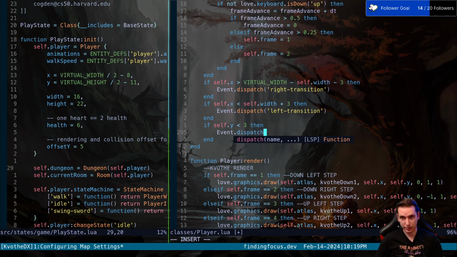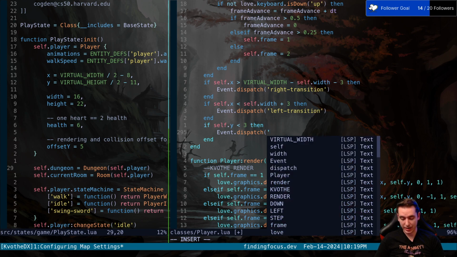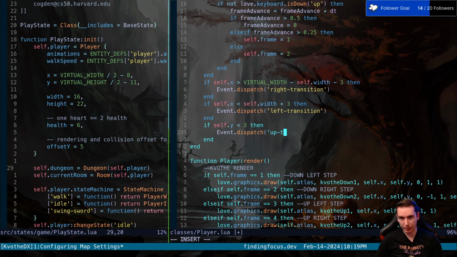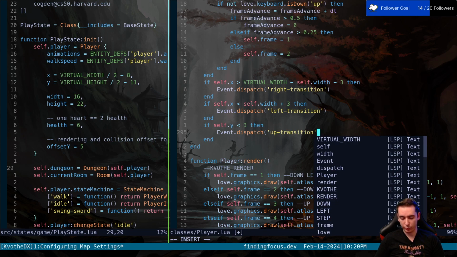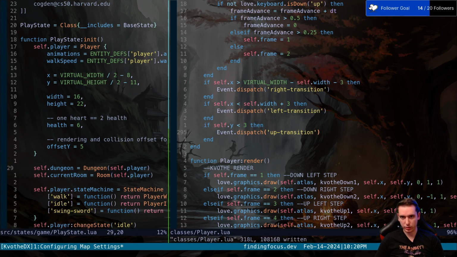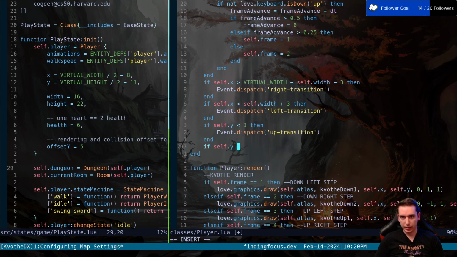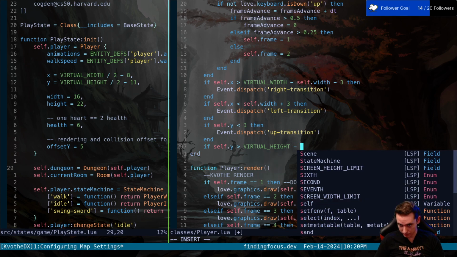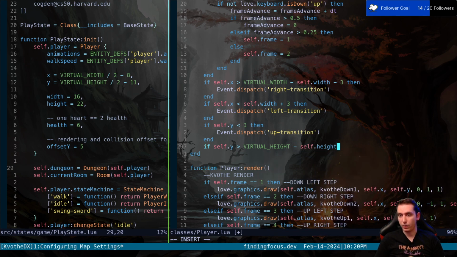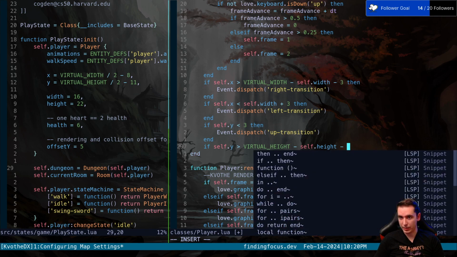And we're going to dispatch, and if we go up, that's going to be an up transition, which actually moves our screen down. But that makes sense to me. Calling it up transition, because we walk up, that triggers the transition, and that will move the next screen downwards into view. And then if our self.y is greater than the virtual height minus our self.height, and then also minus that 3 pixel buffer,